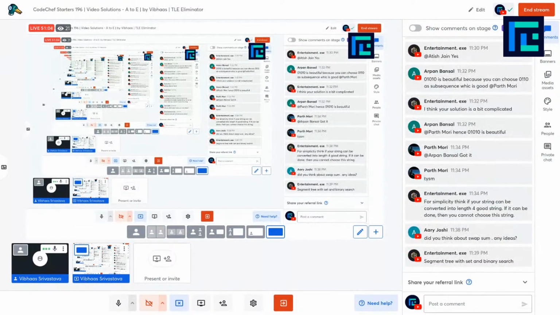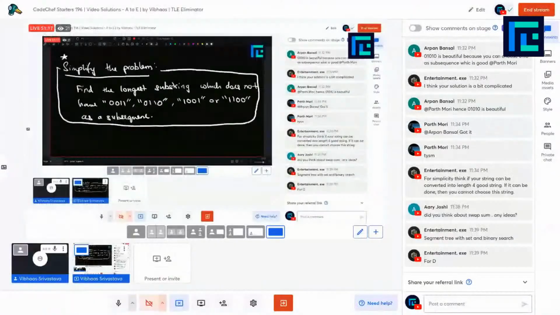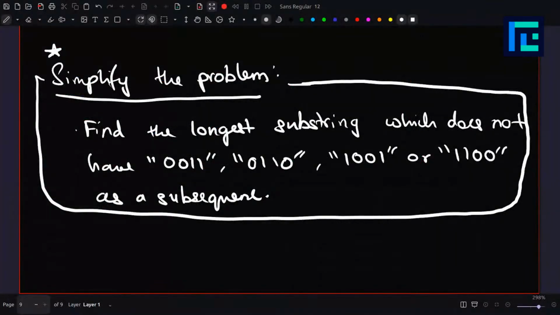Yeah, I did think about swap sum. Yeah, it was segment tree with, I'm not sure if you need set or not, but yeah, you just need a segment tree and a clever merging operation for swap sum. But I could not implement that during contest. Anyways,